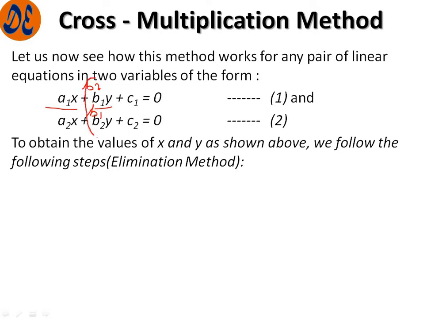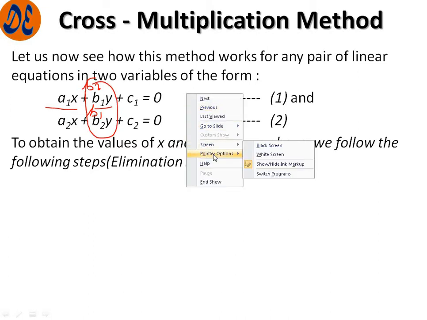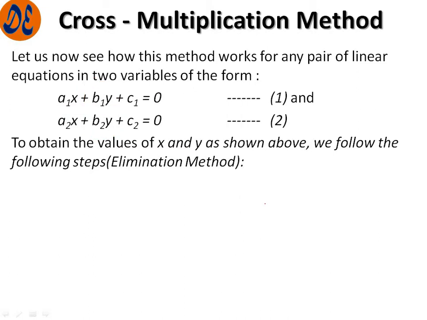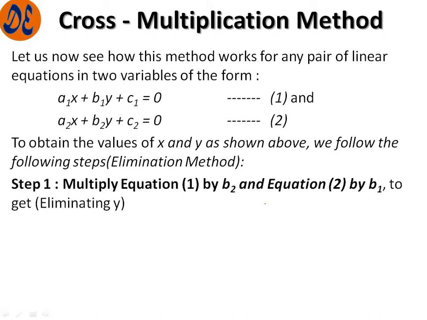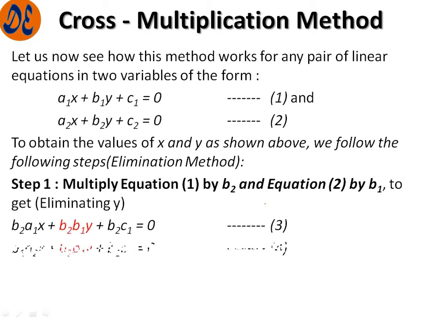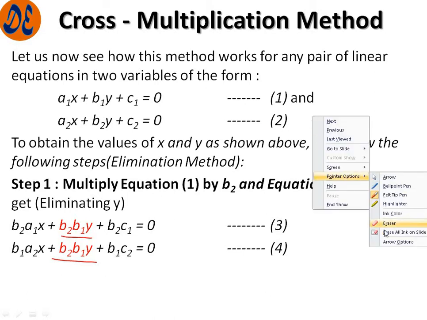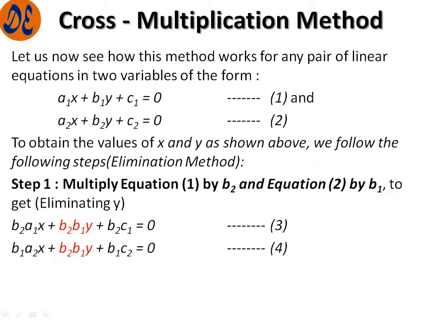If we multiply by b1, both coefficients become equal, and once they are equal we subtract and get the value. So we are getting the third and fourth equations. Remember, we are going to eliminate this, so I have kept it in red color. Here b2 into a1, we are multiplying equation 1 by b2. Again b2 into c1, and multiplying by b1, so b1 into a2, b1 b2 and b1 c2. I have just interchanged the values here so that subtracting is very easy.